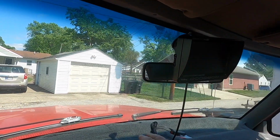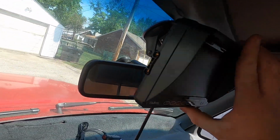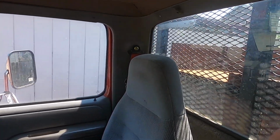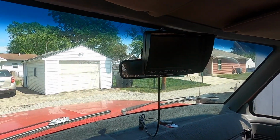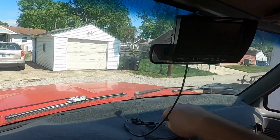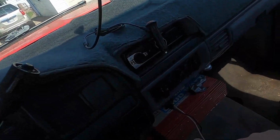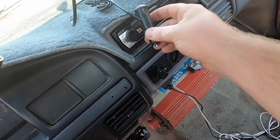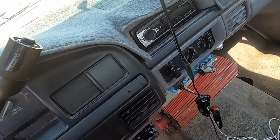You can have this mounted in different ways. This is just how I did it with the suction cup little setup there. But I really can't use my rear view mirror because there would be nothing to look at. So basically I ended up just putting this right here, and I have not yet got this. I'm of course going to run it across and bring it down, and this is the reason why I'm going to be adding that additional cigarette lighter, because there's only one, and I already have this kind of set up to where